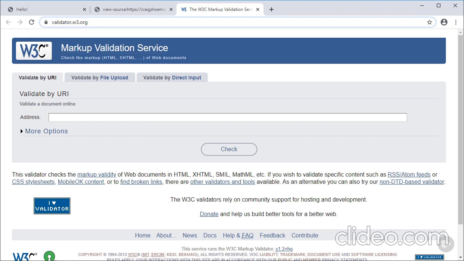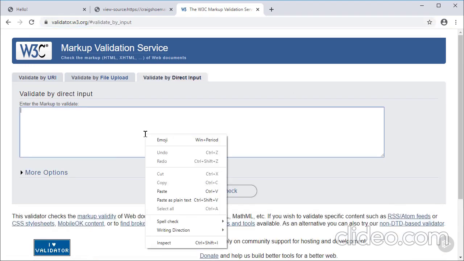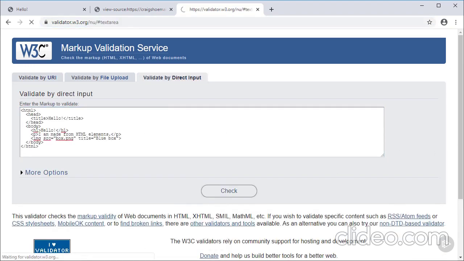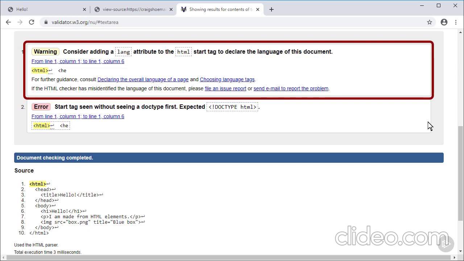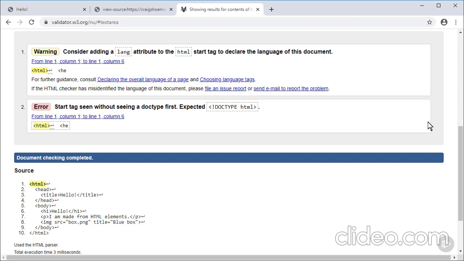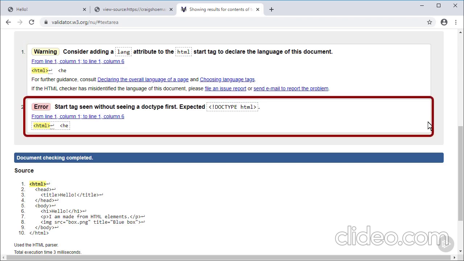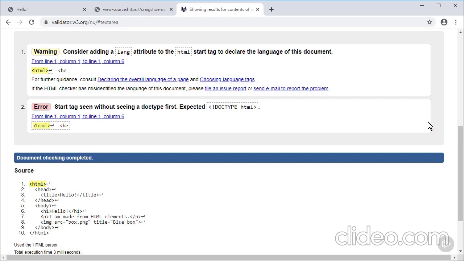Now, there's a couple different methods you can use. You can give it a URL, you can upload a file, but we'll use the direct input method. Here I can paste in my code from my page and click on check. And as we scroll down to the results, you can see that the validator returns back some feedback about the code for the page. So here you'll notice that I'm missing the language attribute for my HTML element, and that it's also looking for a doc type element at the very start of the page. So as you write more and more HTML and you're looking to see if you're following the rules correctly, you can go over to